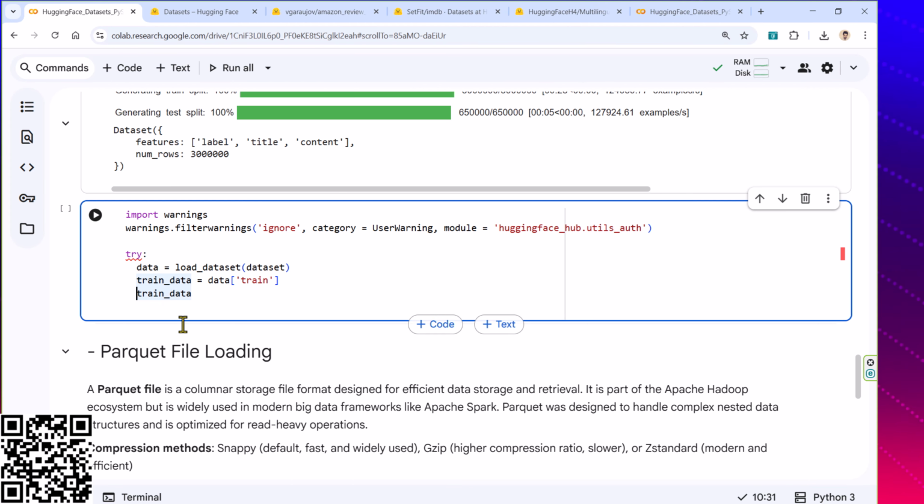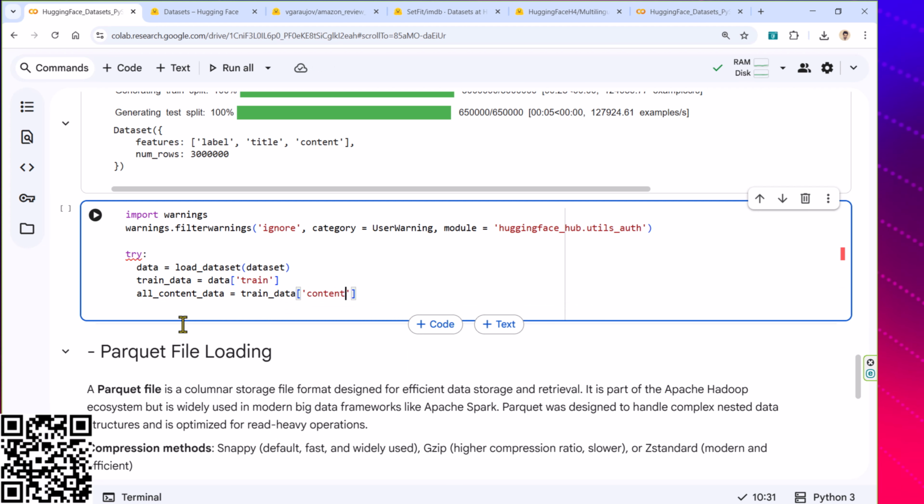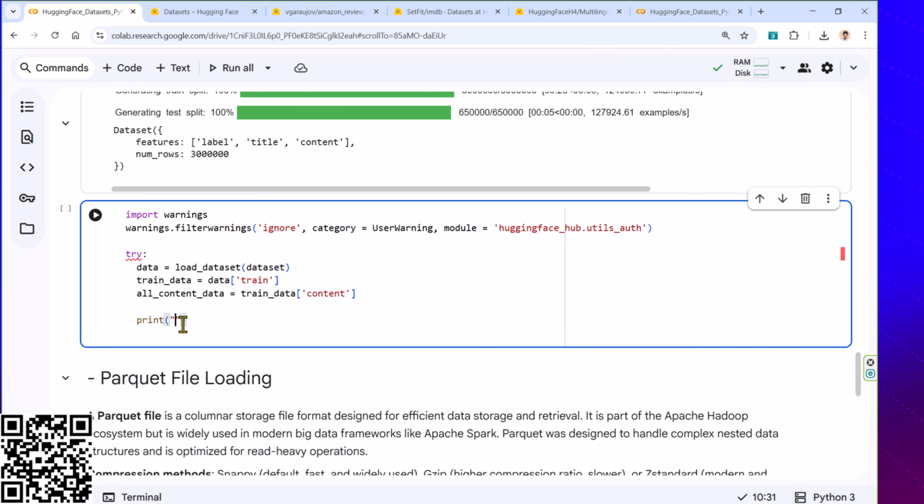All right, and then here I want to say that all content data is going to be this train data. As I mentioned, we need to get only content, right? And then we can print a message, print file